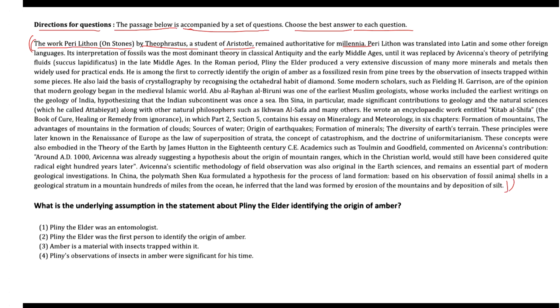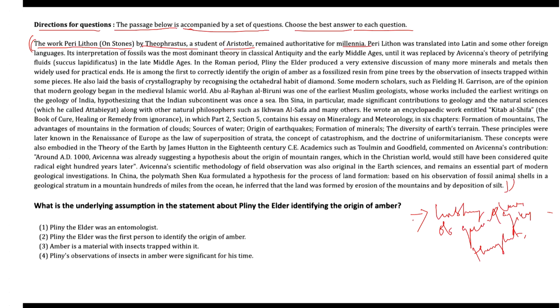So, what does it try to do? It tries to indicate the historical development of geological thought, and also talks about highlighting key figures and their contributions. It begins with Theophrastus' work, Peri Lithon, which is pointed out here, and then